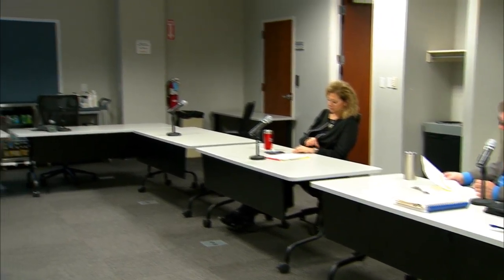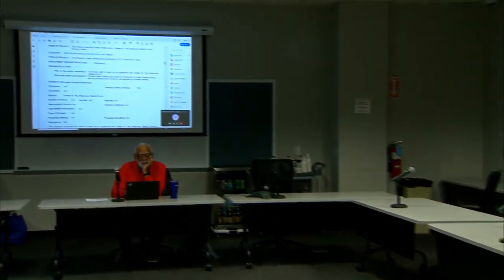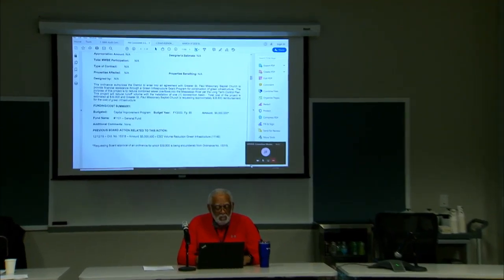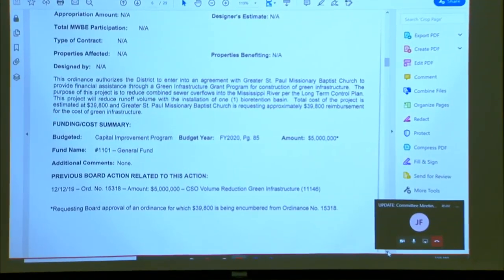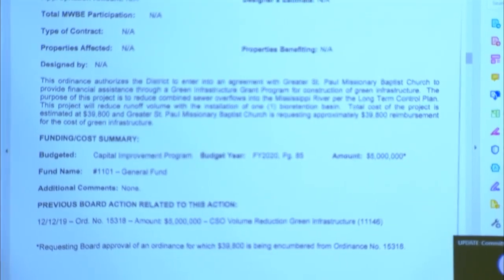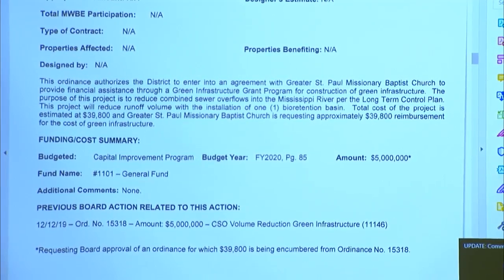So the first one is the CSO volume reduction green infrastructure located at the Greater St. Paul Missionary Baptist Church in the city of St. Louis. This ordinance will authorize the district to enter into an agreement with Greater St. Paul Missionary Baptist Church to provide financial assistance through the Green Infrastructure Grant Program for the construction of green infrastructure.